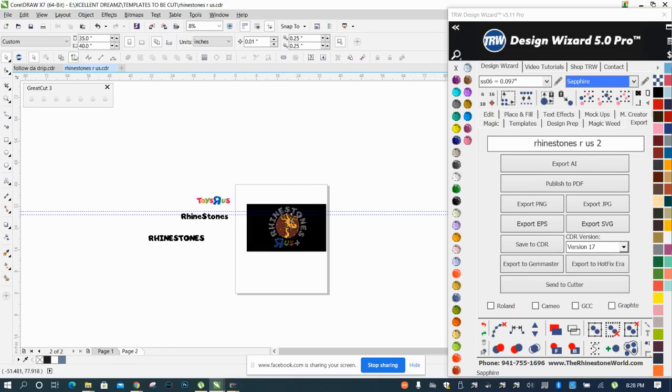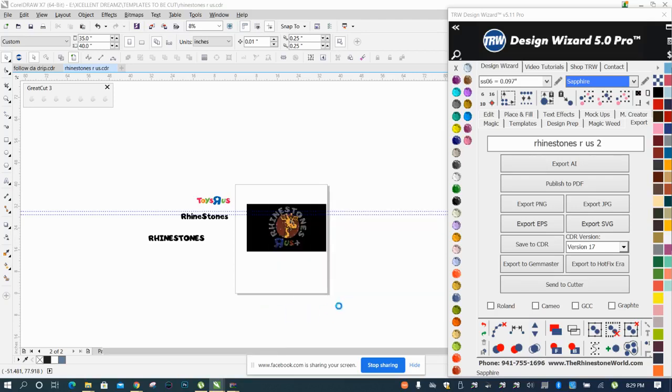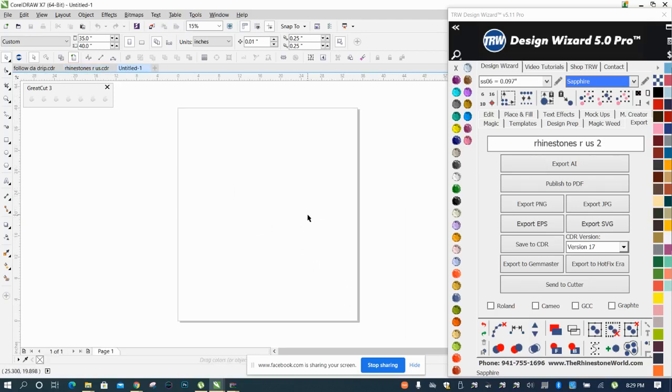So what I'm going to do is, let's open up a new Corel Draw document. I got it pretty much set pretty wide because I do all over sublimation. There we go. So first what we need is,